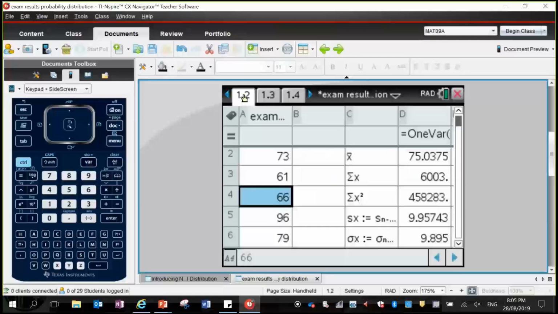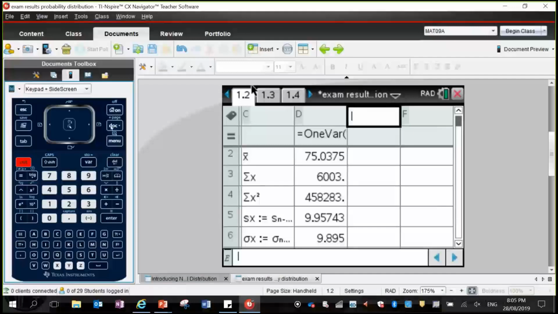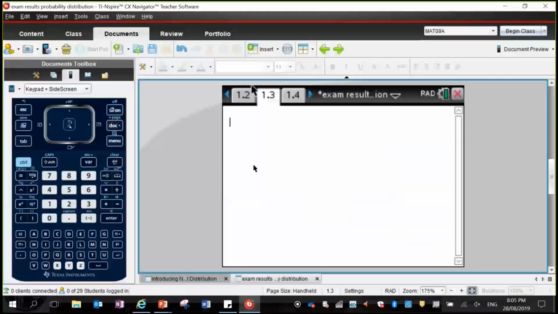So I'm actually going to add in a calculator page, or I could put in here, back on my list and spreadsheets page, I could put in S in here. No, it didn't like that one. I won't do that. I'll do what I was going to do initially. I'm going to add in either a calculator page or a notes page. I'll just do a calculator page. I'm going to